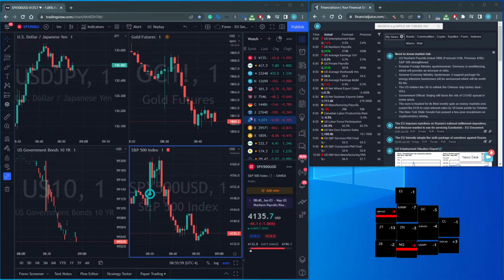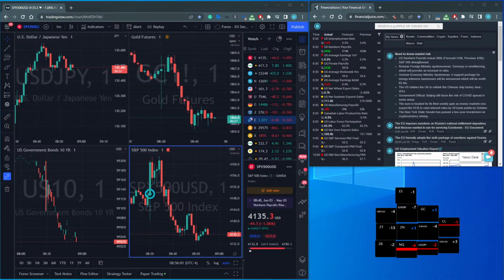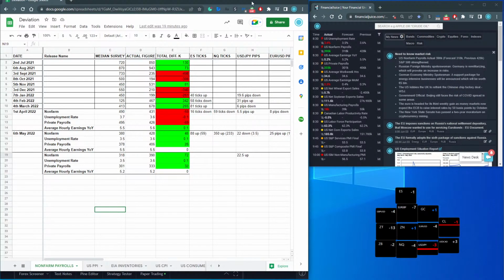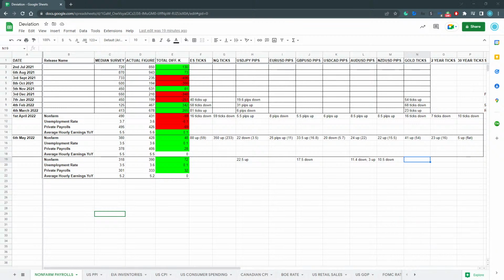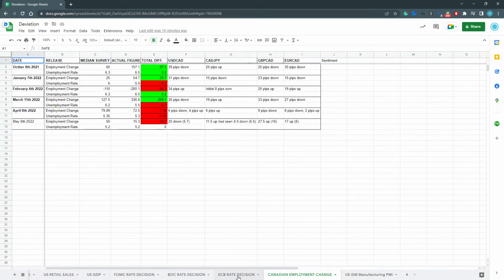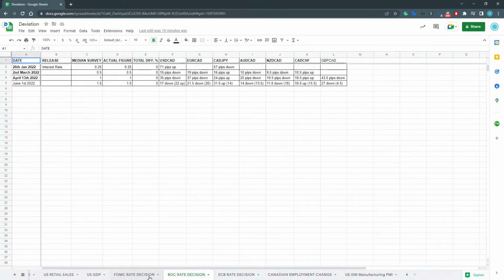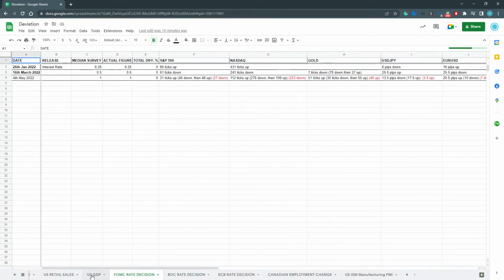But if you were interested in the deviations that I was showing here, or in getting a better understanding of how the markets reacted previously to other releases, I of course cover non-farm payrolls as the big release other than the Fed interest rate decision, but I look at all these other different releases for the US session, and I go into a lot of detail as to how these different assets react.